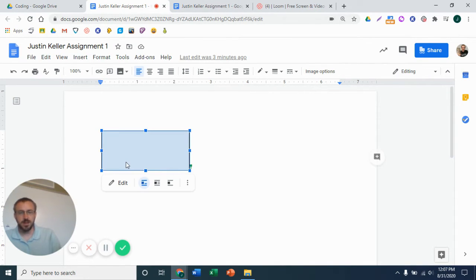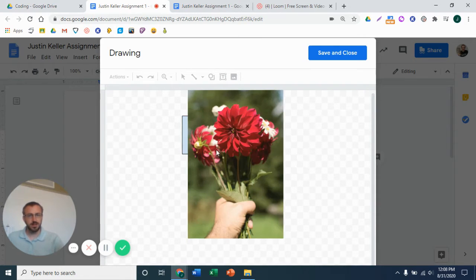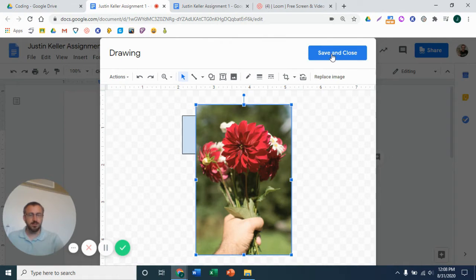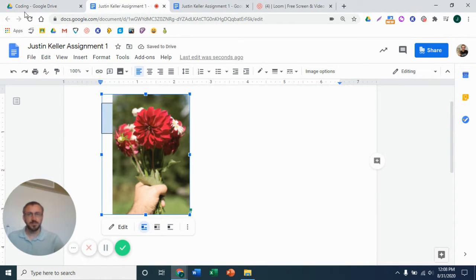And I know in a couple of my assignments I made a drawing that you could use, and I wanted you to label it or something like that. So when the drawing is already there, you don't even have to insert it from this menu. All you have to do is click on the picture, hit edit, and it brings you to the drawing. And then you can add, oh, I guess the flower made its way there this time. And you can add whatever you need to add. You can click save and close, which sometimes it gets shoved way up at the top and you can't click it. That's annoying, but it happens, I guess. And now my new changes are there. Okay, so that was Google